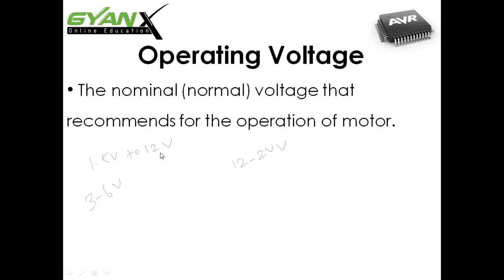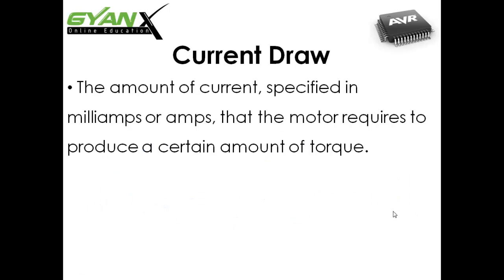There are 2 points which you have to remember: lower voltages reduce torque and speed, and higher voltages increase torque and speed. So avoid applying excessively high voltage to motors, or else they could overheat and burn out. Next we have the current draw. The amount of current is specified in milliamps or amps, meaning ampere, that the motor requires to produce a certain